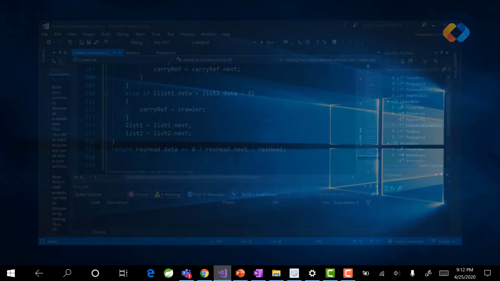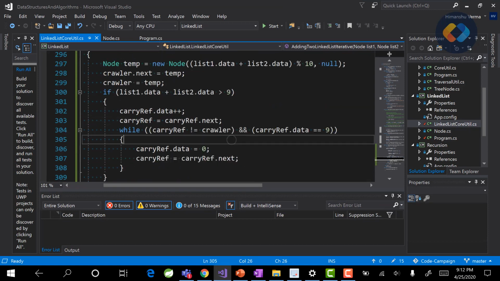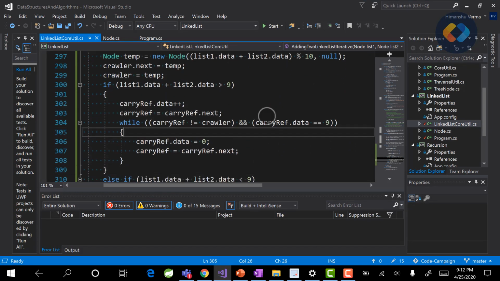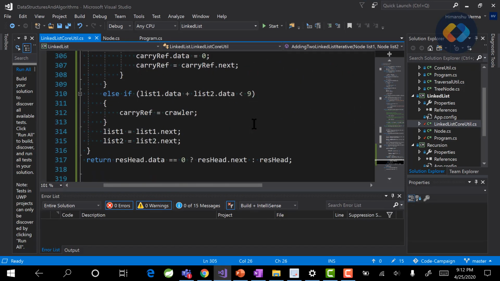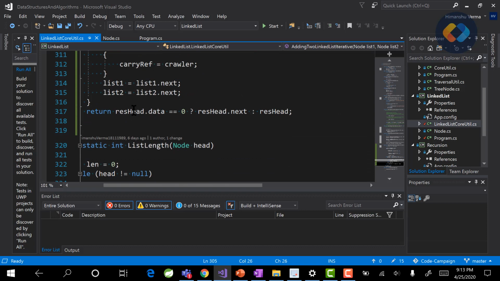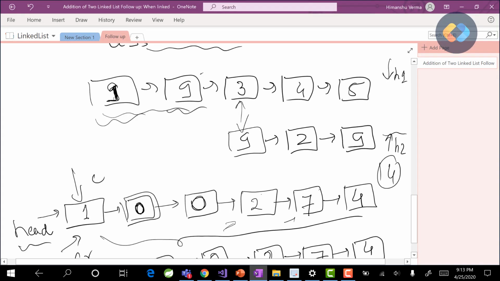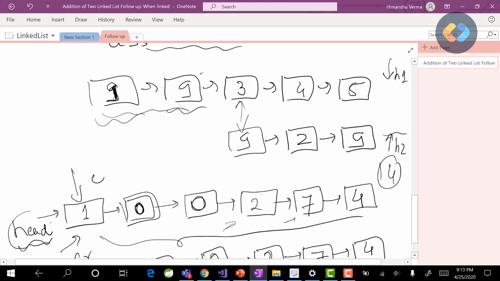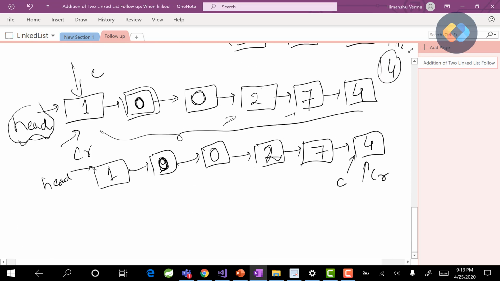They'll start pointing to null, so our for loop will end here. And after this, we will come here. Now this head pointer was the pointer that we never moved. So we kept this pointer here because, let's see why.